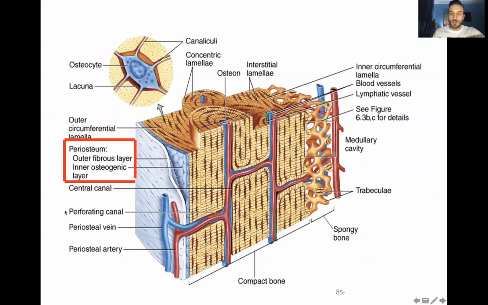This is a histological picture you can see. We have here the main system of the bone. This is the circular part, called the osteon, or the Haversian system. If we go to the outer side, here is the periosteum. You can see the outer fibrous layer and the inner osteogenic layer we just talked about. If you go deeper into the bone, to the medullary cavity, you can see a lot of blood vessels, which is called the endosteum, and there are the mesenchymal